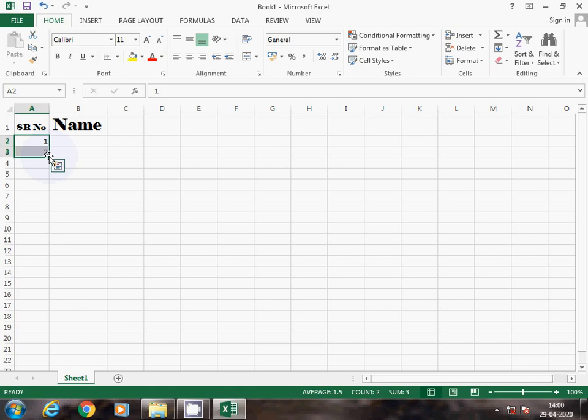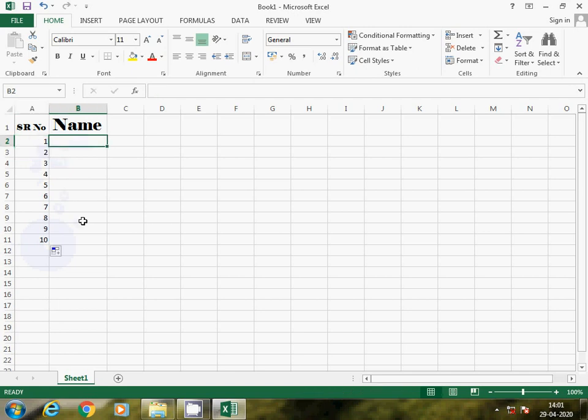Then click and drag it until your number comes. Here the desired number is 10, so that number is coming here. So drag up to the last number you want. Then release your mouse. So this way you can generate a series.